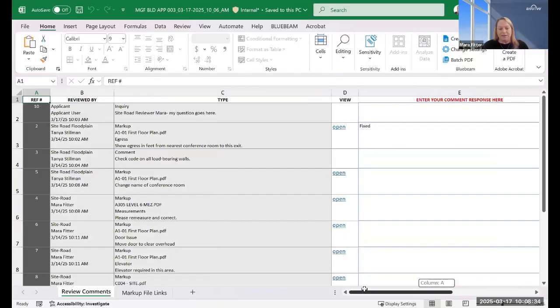And you might be thinking to yourself, okay, that's really great, but how can we see the drawings? How can I actually see the markup? Any comment type that is a markup, there is a link that says view. And if I click on that, it is going to open up,